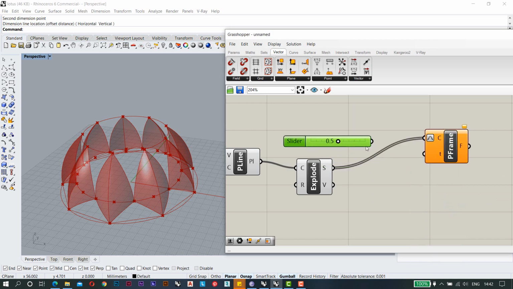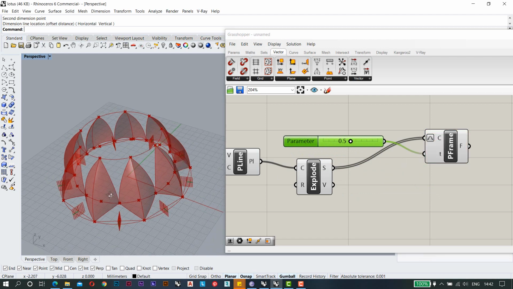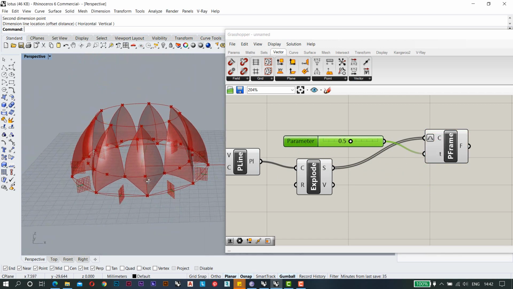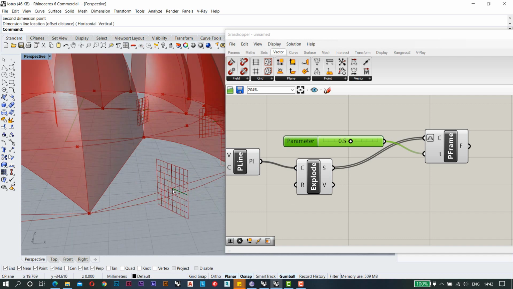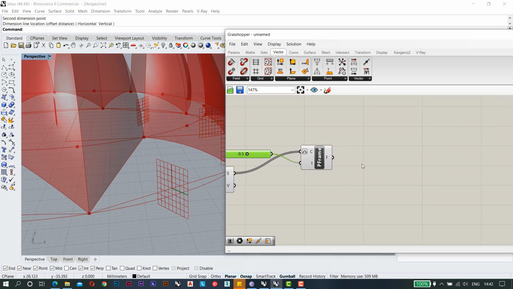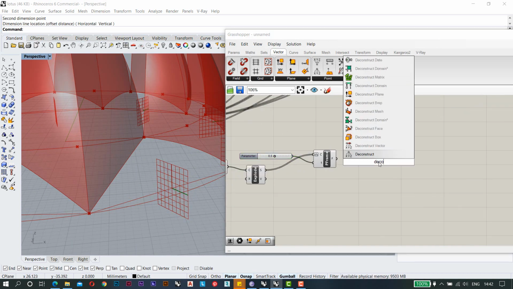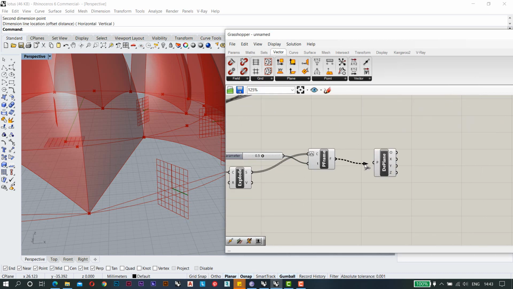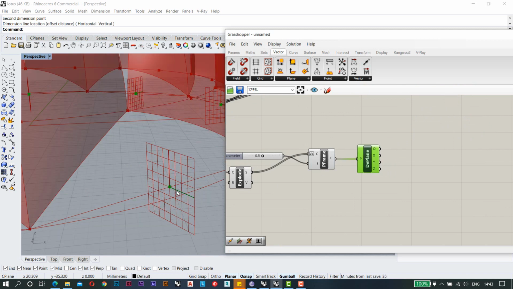So it will give me a plane here in the middle of it. Now I need a point here, so I will use the deconstruct plane, which is this one. It will give me the origin of that plane.